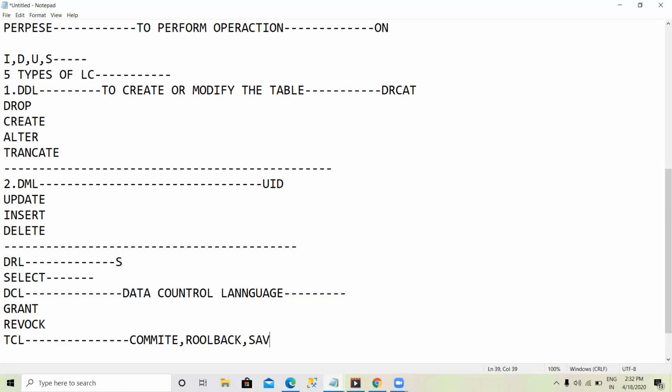These three commands come under TCL commands.